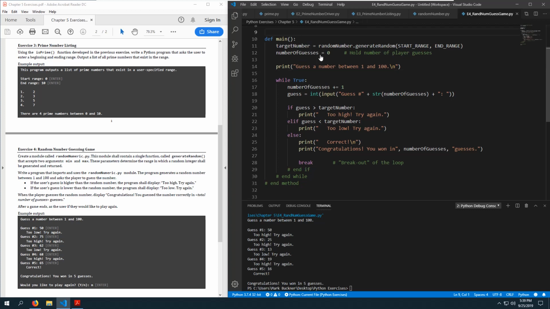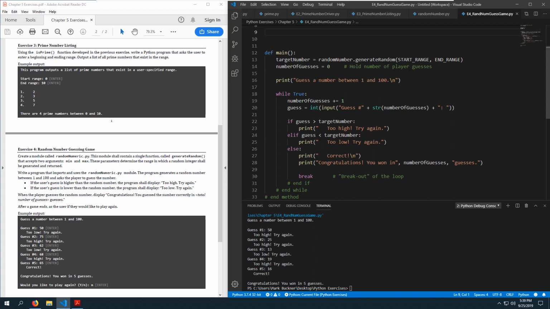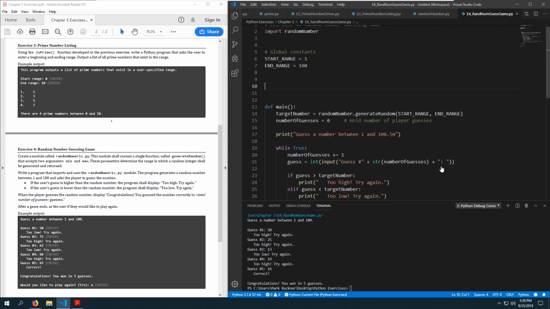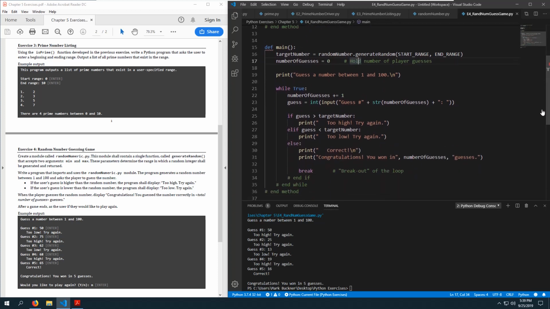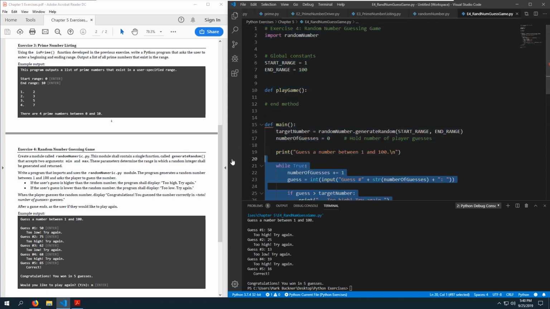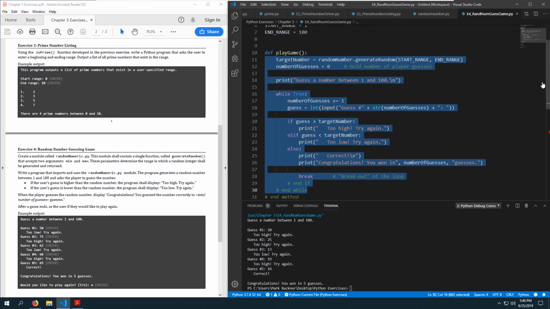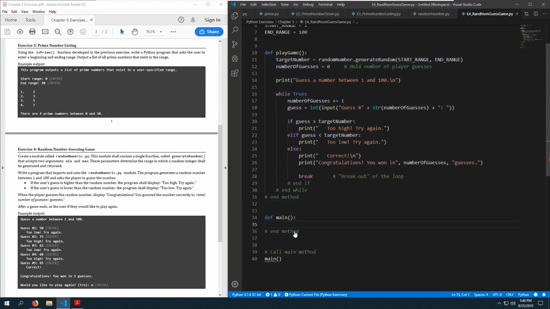a function just right here above the main function. And you don't have to do this. We could put it straight into the main function. I'm going to call this function play game, and I'm going to actually put everything here inside of play game. I'm gonna come back and fix this in just a moment. So I'm gonna put all my logic inside of here,